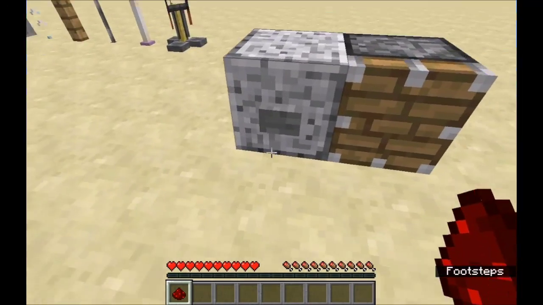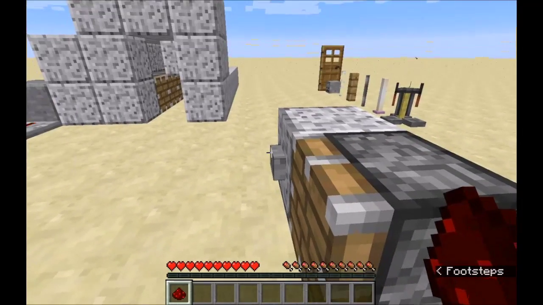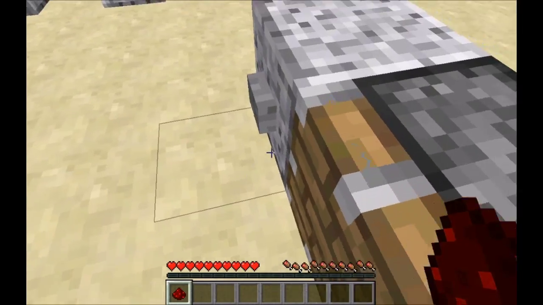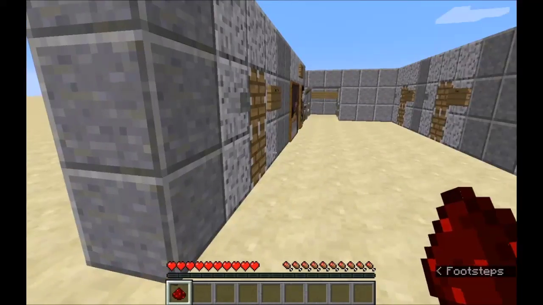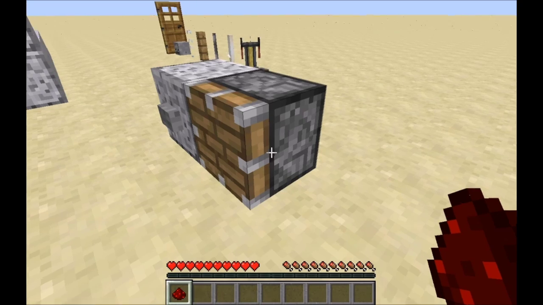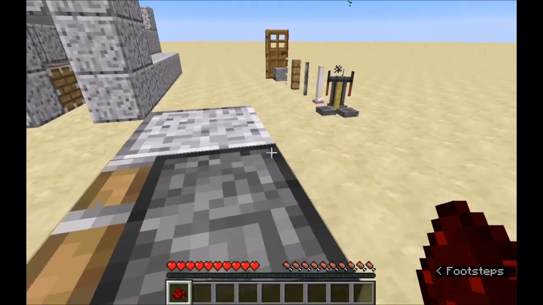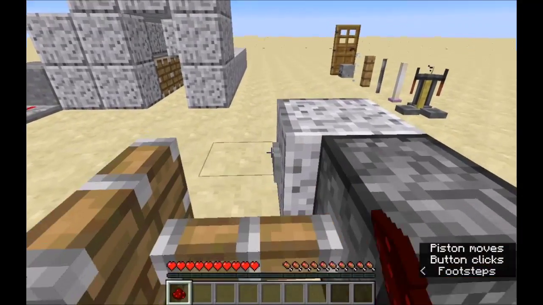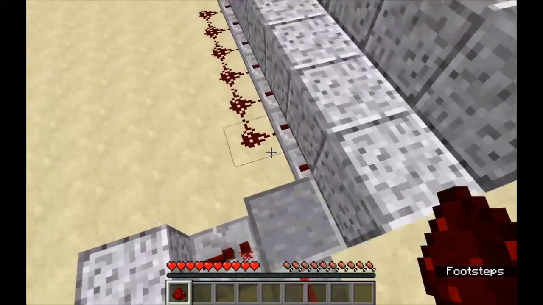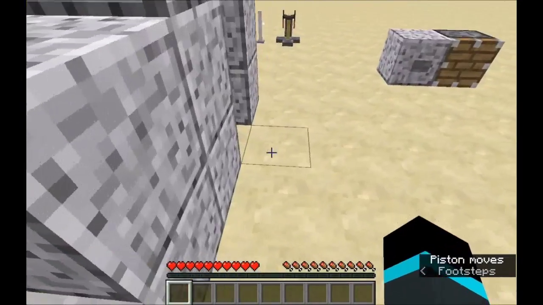But, yeah, so what happens is, when the piston extends, it will extend like a normal full block, but once it retracts, the time between the piston being extended and the time that it is retracted, it becomes an air block for a very tiny second. And this allows you to do some pretty good things. And so